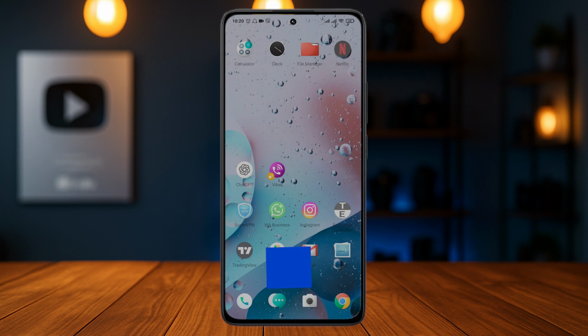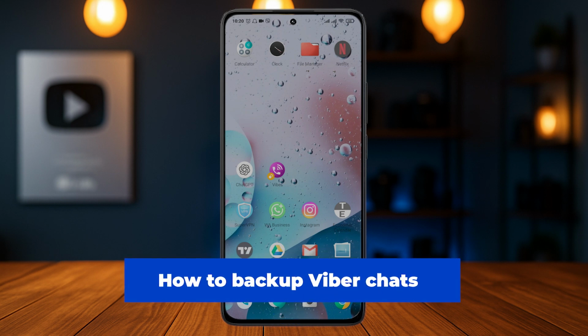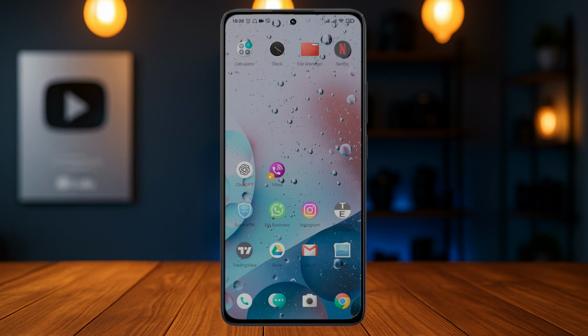In this video, let me teach you how to back up Viber chats. If you have a lot of chats stored on your Viber and you want to make sure that you back it up on a different platform, let me show you how it is done. Now, whenever you enable the backup option and whenever you reinstall the Viber app, all of your chats will be